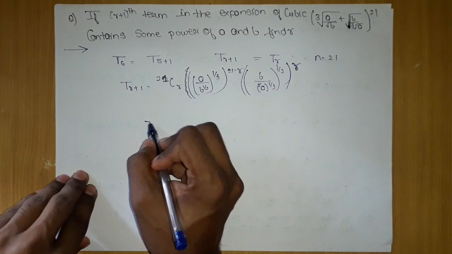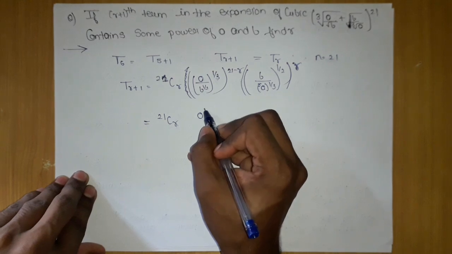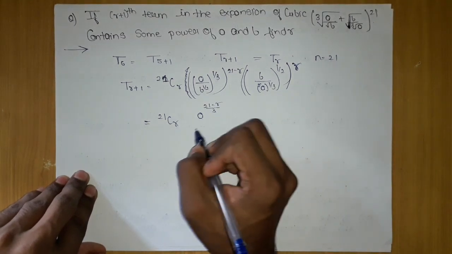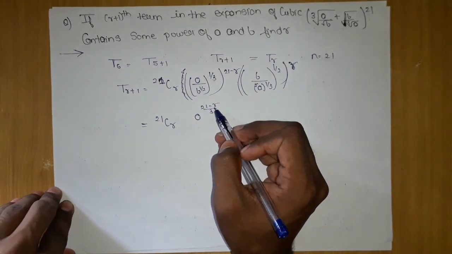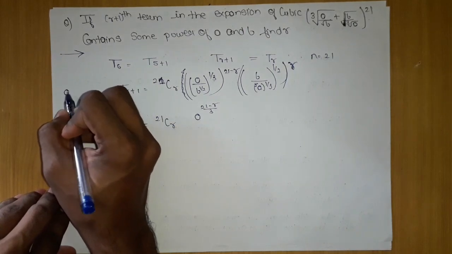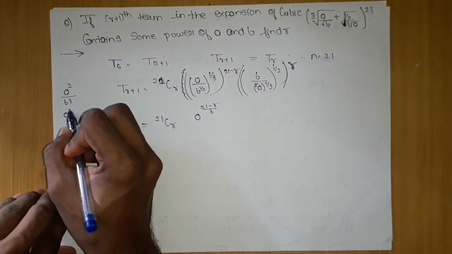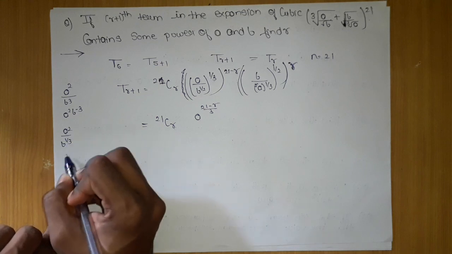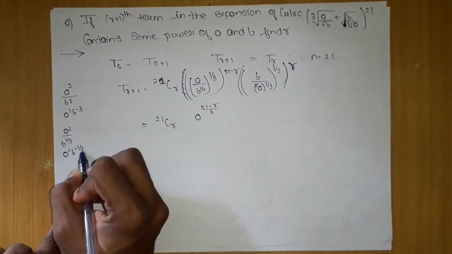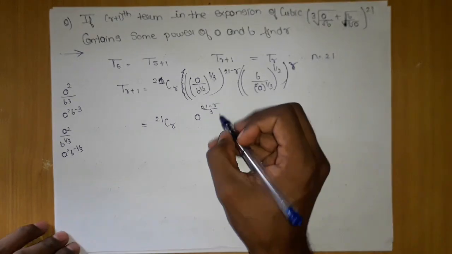Now if we simplify, what we are getting is 21Cr a to the power 21 minus r by 3, this is correct. After this, if you move b up, it will be minus 1 by 2. Just understand this: if a power 2 is there and b power 3 is there, then if you move b, it will be a square into b power minus 3, and if a square is there and b power 1 by 3 is there, if you move this b up, this will be b power minus 1 by 3. You cannot make it 3; many children make a mistake, they write b power 3, that is wrong.